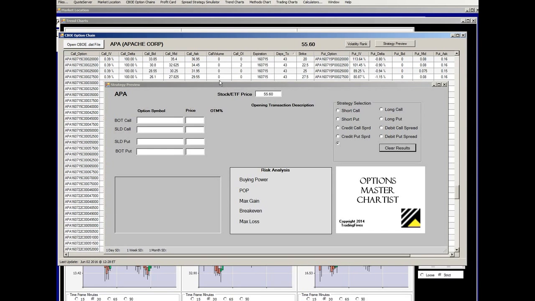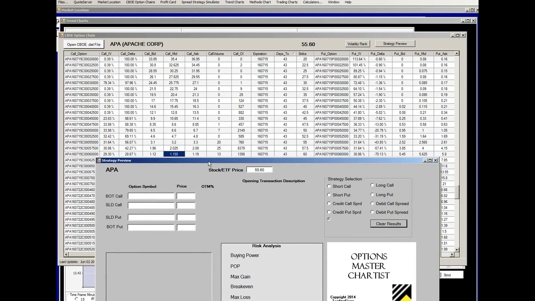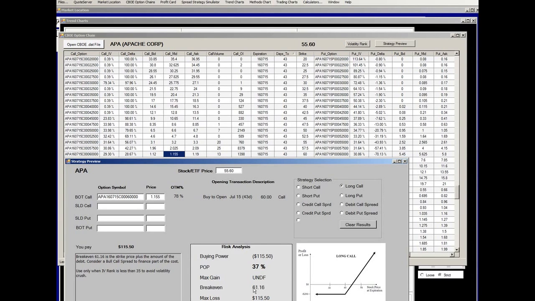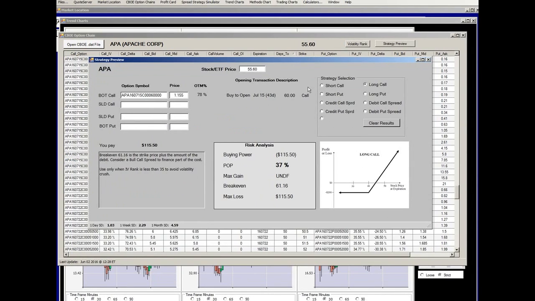And I'm going to clear these results. I'm going to drag back in the stock price, and just want to show you something about buying out of the money calls. For example, if we just bought the 60 call, and it's a long call, we can see that it cost us a lot less. It cost us $2 less, but the break even jumped up to 61.16. So we had a break even of about 55 cents above the price for the spread, and the break even now is 61.16,